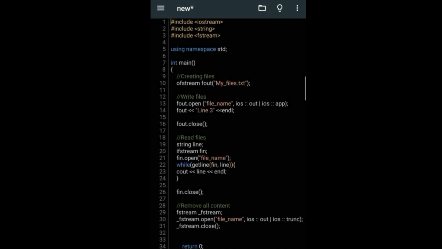So, ang una natin gagawin guys for random access file is include iostream, then include string, and include fstream. C++ can also handle a file. So in order to do that, we need to call the library of file stream. So nilagay ko dito, then